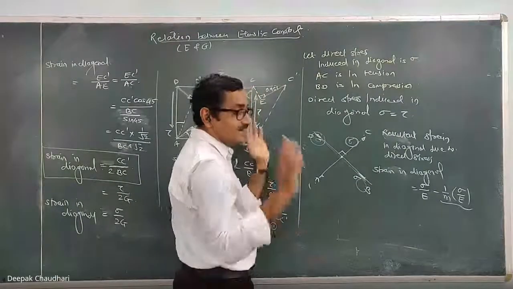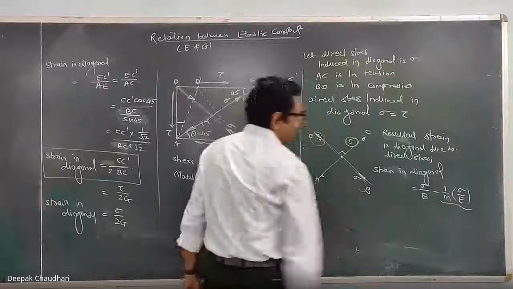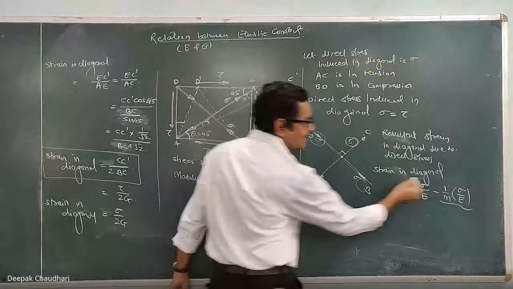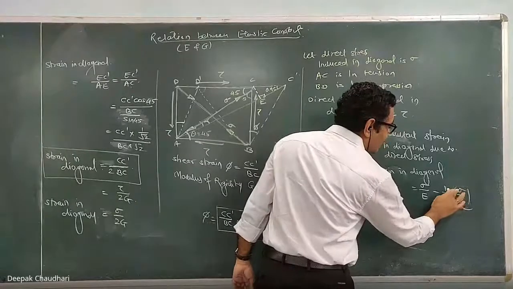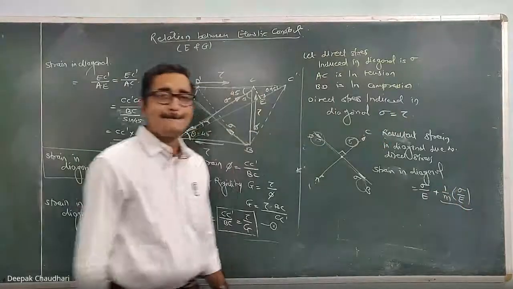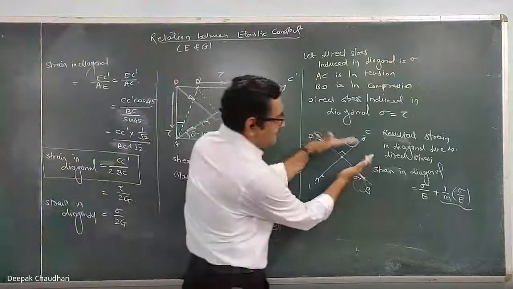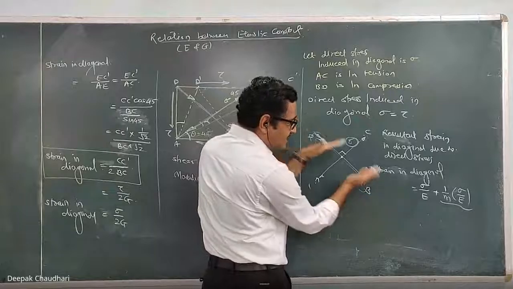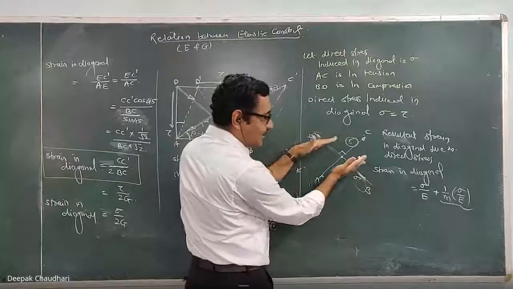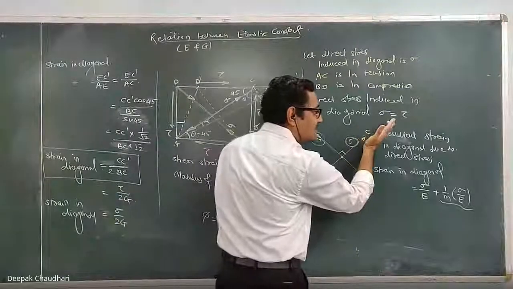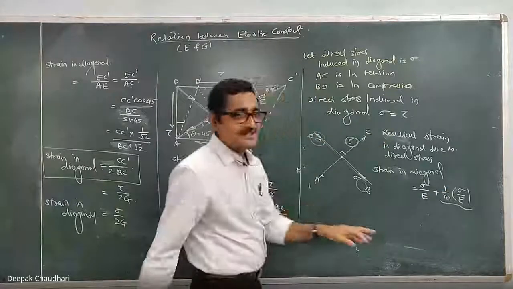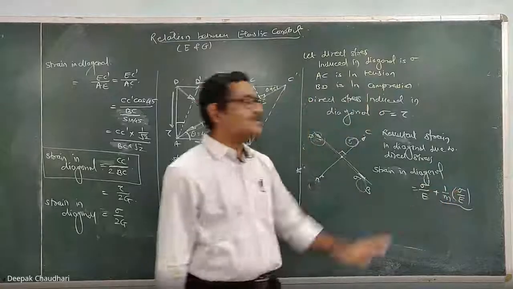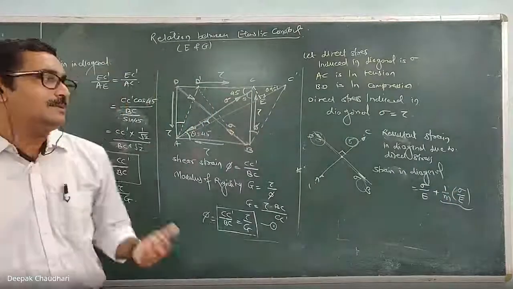Okay, next important thing. Now here I have written it as a minus sign. In yesterday's lecture I told that if the stress is compressive, you can take it minus. So this minus minus becomes plus here. Since this linear strain along BD is compressive, the lateral strain along AC will be tensile, and since it is tensile, you can take it positive. Or since this stress is negative, you can take negative, and the final value will be plus.